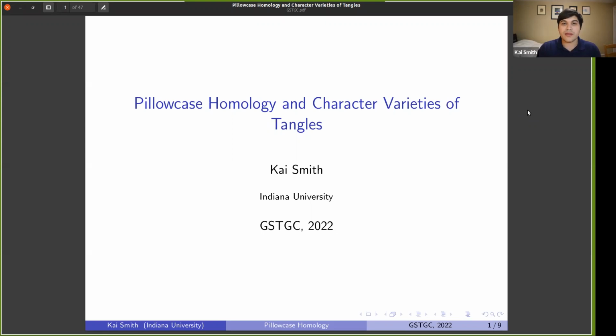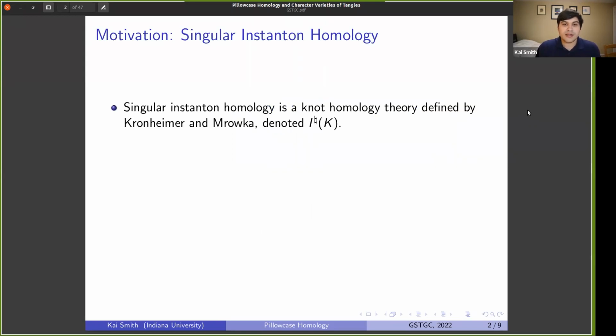So the main motivation for pillowcase homology comes from its relation with another knot homology theory, namely singular instanton homology. This is a knot homology theory defined by Kronheimer and Mrowka, which we'll denote by I natural. And it has two main features. First is that it detects the unknot. So if any knot has the same singular instanton homology as the unknot, then that knot is in fact the